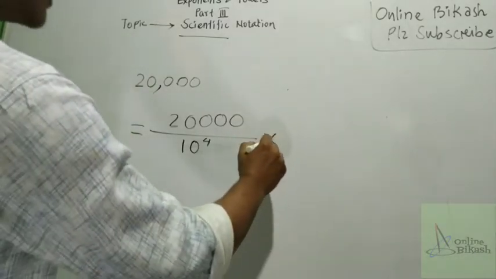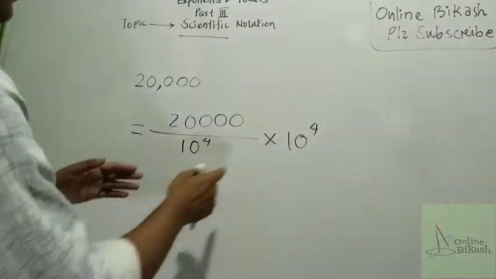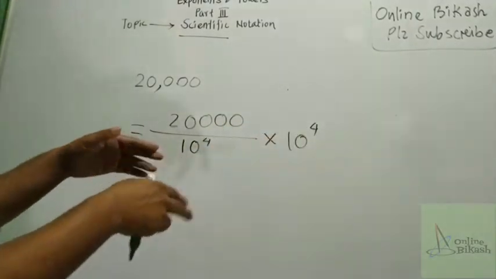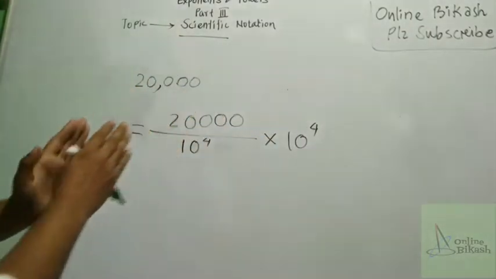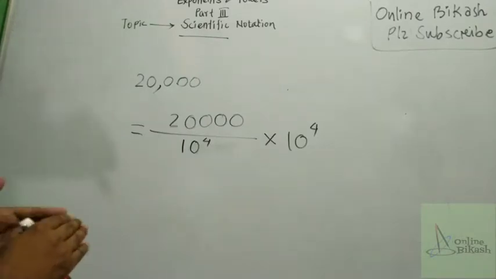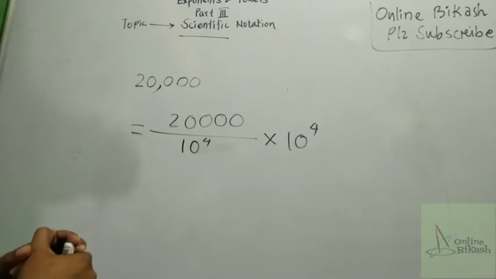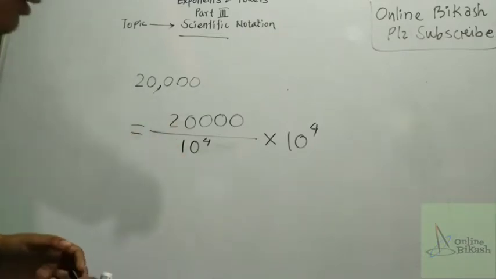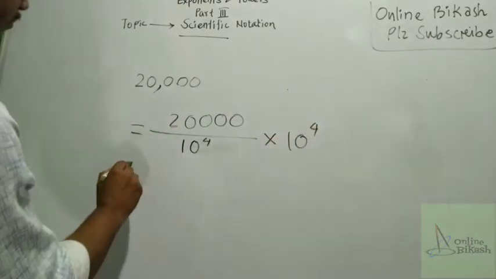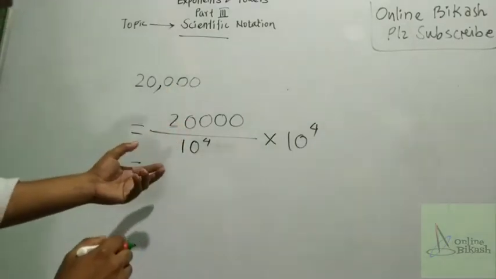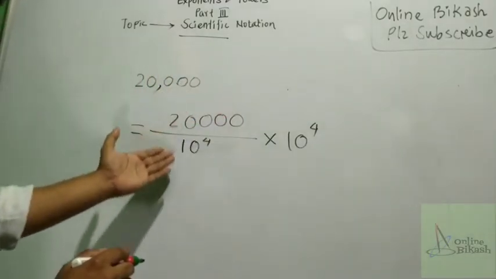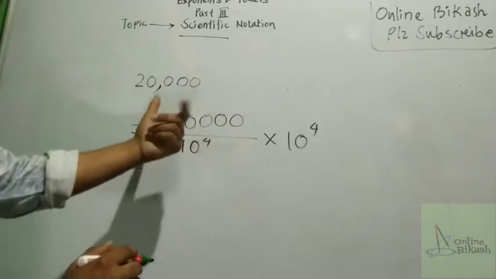We will have to multiply again by 10 to the power 4, so that these 10 to the power 4 and 10 to the power 4 get cancelled and the number will remain the same. Are you understanding? But if we cancel, then what is the reason that we have done it this way? So wait, we will not cancel them. Better to express it. Okay, you see, if you divide this one, then it will change to